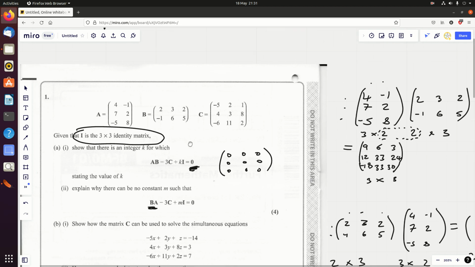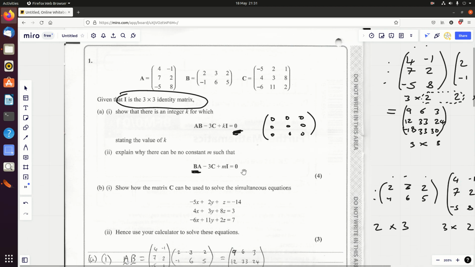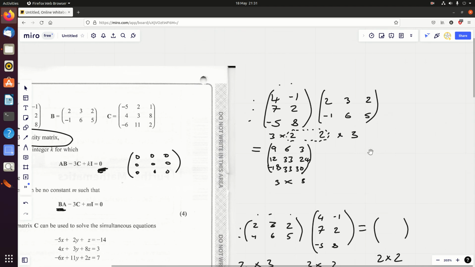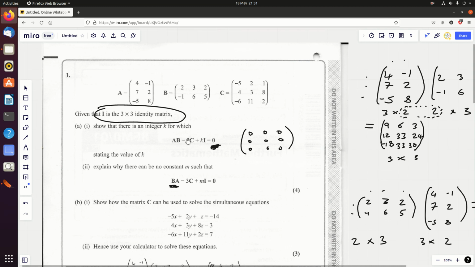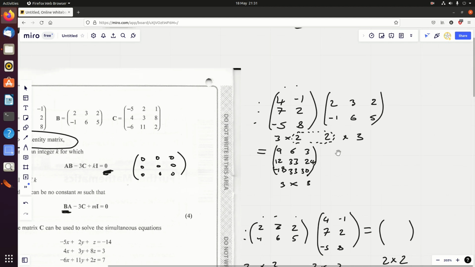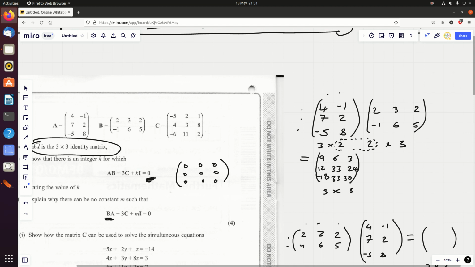Now, question 1 wasn't too bad, because you've got this AB minus 3C plus kI equals 0. And the 0 matrix is 0, 0, 0, 0, 0, 0, 0, 0. So first thing we're going to do is multiply A by B. Personally, in an exam, I'd probably just pop this into a calculator, and I think that's what they want you to do because you can get the answer very quickly then. But just to explain quickly how we do matrix multiplication, we're going to do A times B,